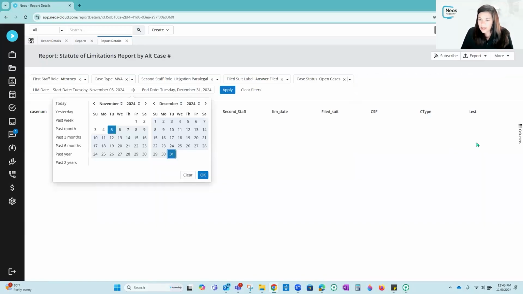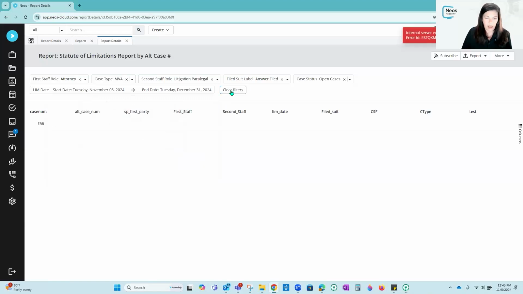The end date is going to be the 31st. And hit apply. So here, if I had results that fit in all these different filters, it would give me my results. Now, if you notice, it didn't give me any results because I have no cases that are within these